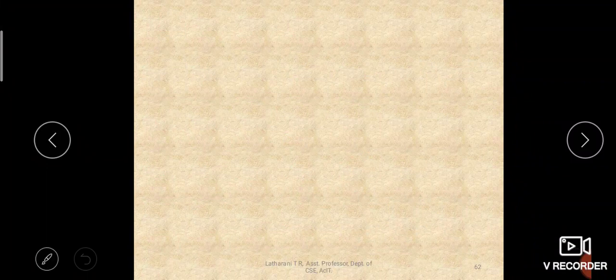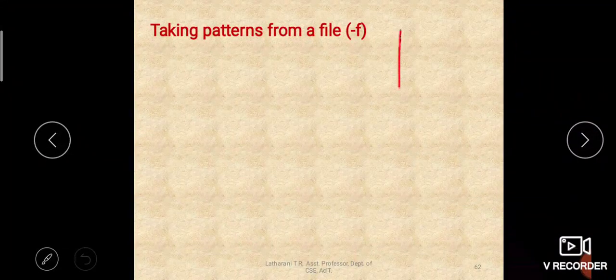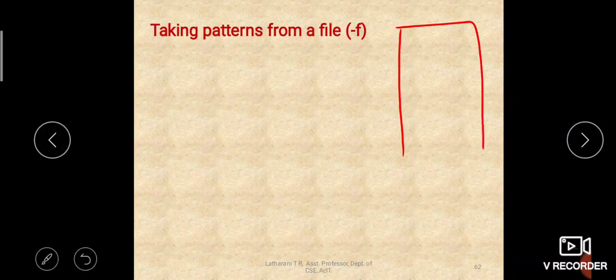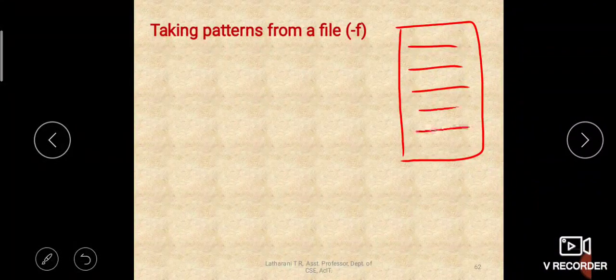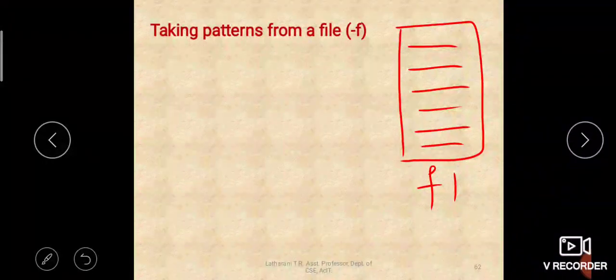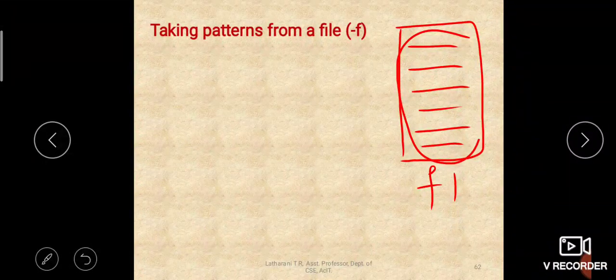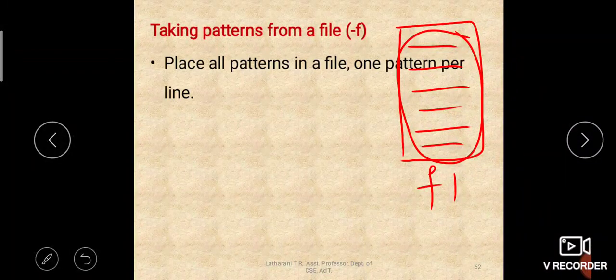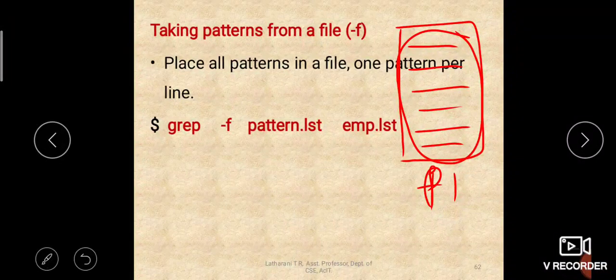So what you can do is club all those patterns which you want to search in a file. All the patterns you want to search, you can list in a file. Let us say it is file 1, and you can give this file 1 itself as an argument to grep, and all the patterns which you have listed in file 1 will be searched in the given file. For example, let us take this as pattern.lst.